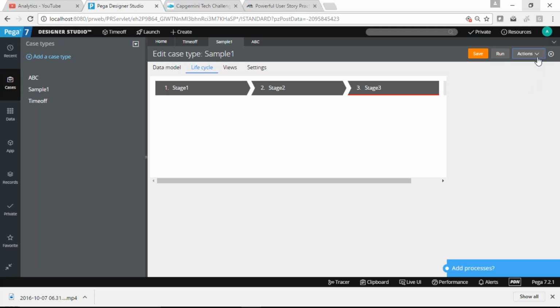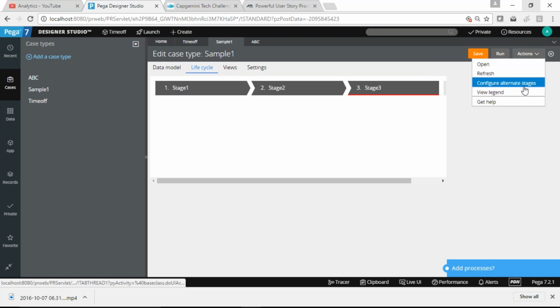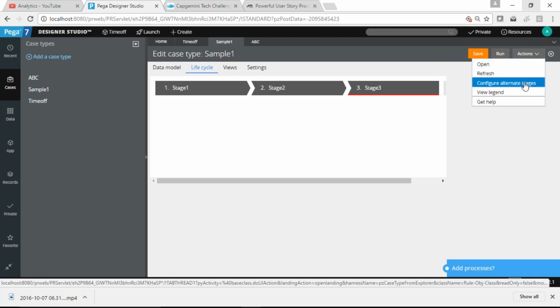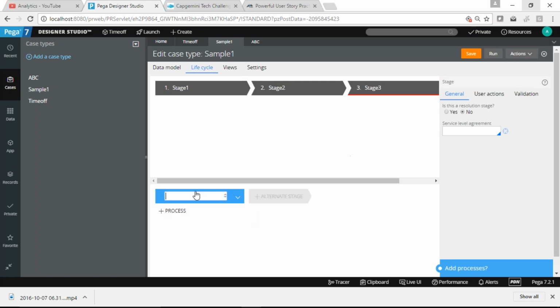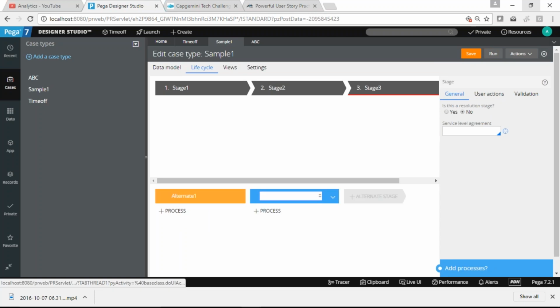And how to create an alternate stage? We have that option, Configure alternate stage. So from there, if we create an alternate one, that will be shown in orange color.